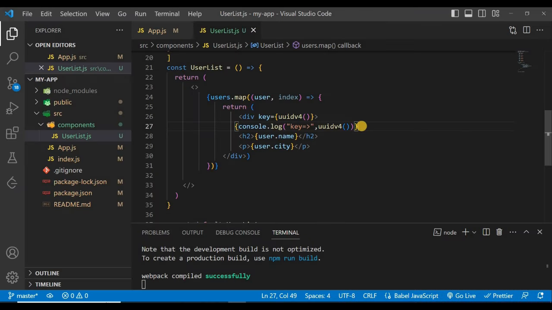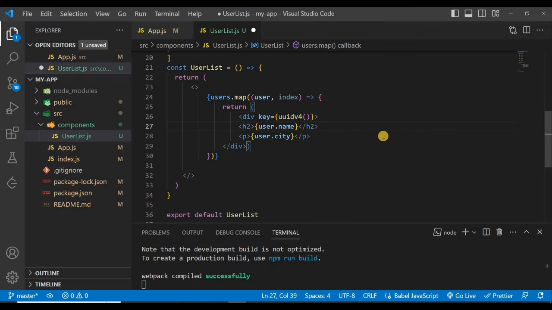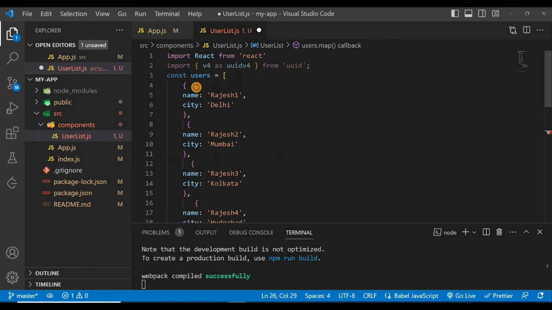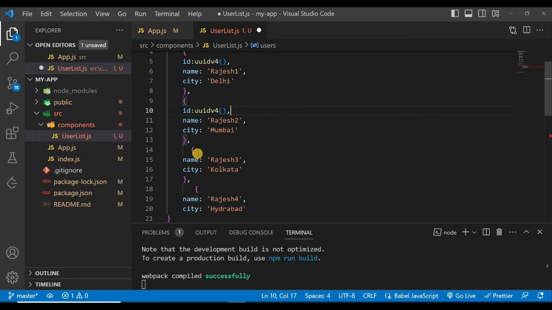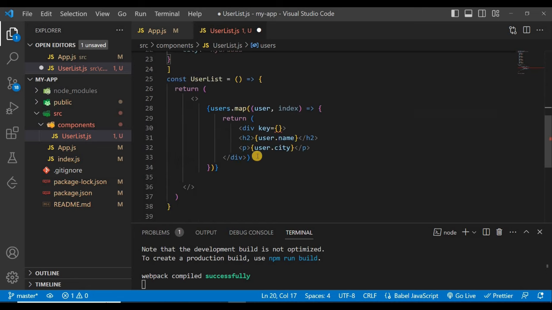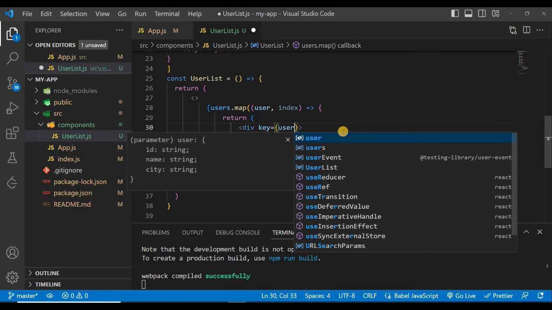Okay, so just remove this, and we can remove this from here, and we can give an ID for each user, like ID is equal to this. Copy this from here, paste it here, paste it here, and paste it here. Now we can use the key as user.id,